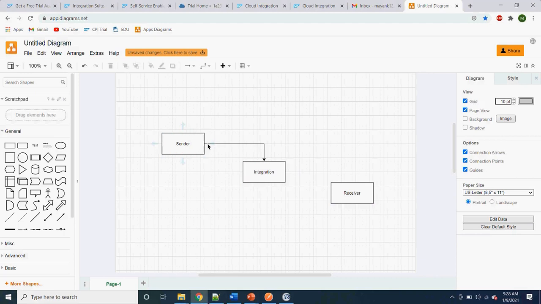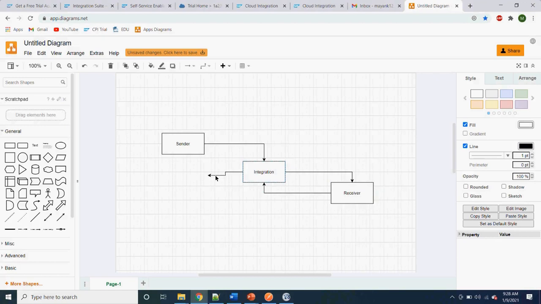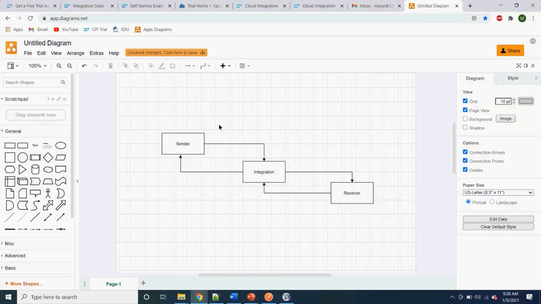So when a sender sends a request to the integration system, the integration system sends that request to the receiver. The receiver will process that request, check if this is a synchronous one, and then send a response to the integration system. The integration system in turn would send the response back to the sender system.